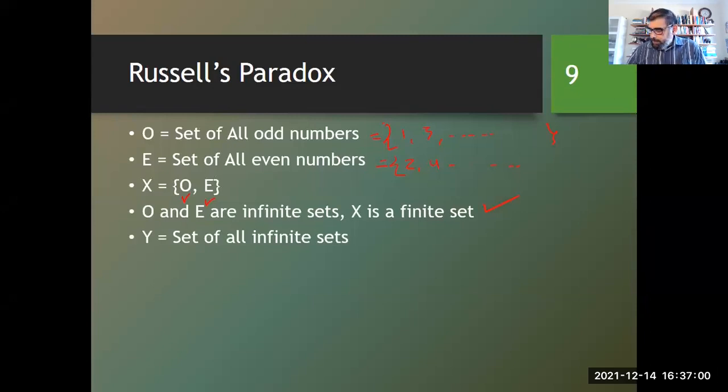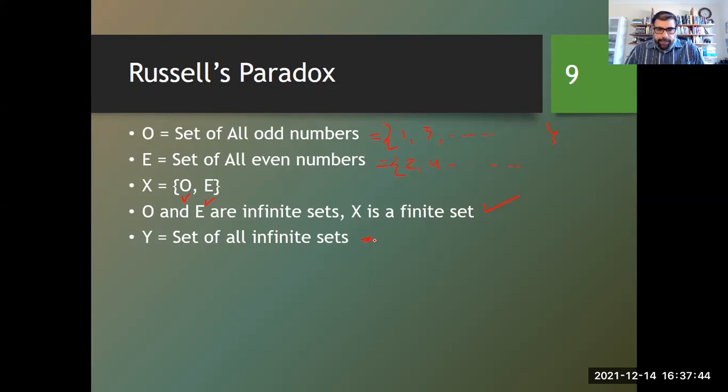ये स्टेटमेंट सब लोगों को समझ आ रही है? Yes, sir. अच्छा, अगर किसी को समझ नहीं आ रही वो प्लीज बताएं मुझे। चलिए, अगर मैं आपसे कहूँ कि मुझे समझ नहीं आई तो आप मुझे कैसे समझाएंगे कि ये क्या है? Y is a set of all infinite sets. तो एक्सप्लेन करें मुझे क्या मतलब है इस सेंटेंस का। Sir, जितने भी infinite sets हैं वो सारे Y के elements हैं। एक्सीलेंट, वेरी गुड, थैंक यू वेरी मच।